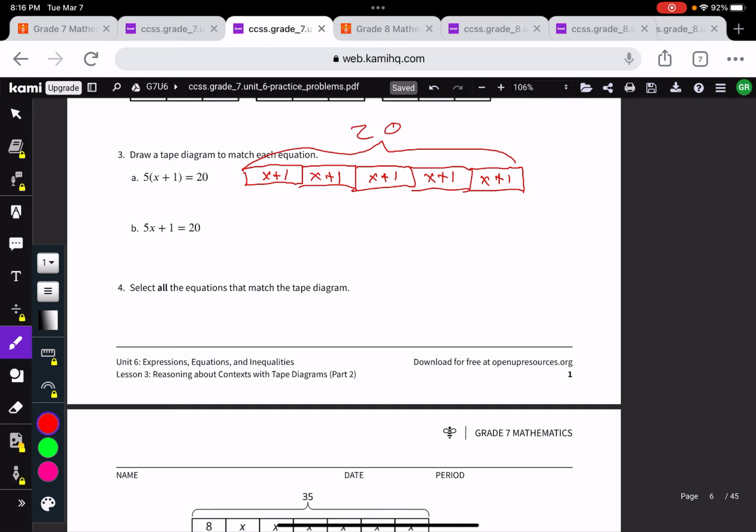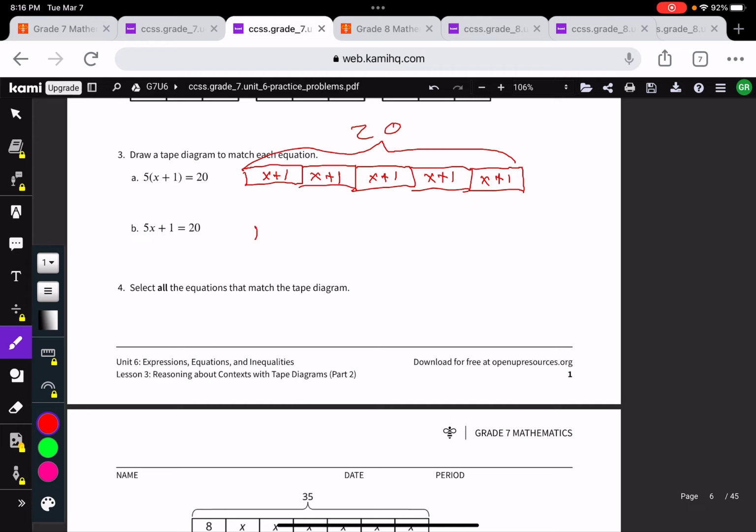And you could even solve that if you wanted to. Maybe you could guess what that is. 5 times what is 20, so x plus 1, what plus 1 is equal to that number, and you could probably figure it out. But the next one, it says 5x's,